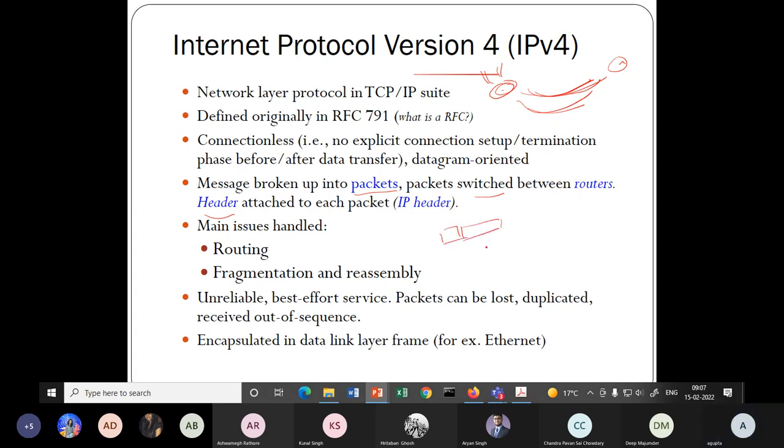I will break up the data into packets, add a header with each thing, and then this will go through the routers. Routers will decide which path to follow, and this eventually will get to the destination. This is a packet switched datagram oriented approach. So packets plus header switched between routers, as we have seen. Datagram oriented, which means each packet is handled independently. Nothing before, nothing after. Get the packet, look up the routing table, destination, next stop, forward to the next stop. As simple as that. Main issues handled is routing, which is both